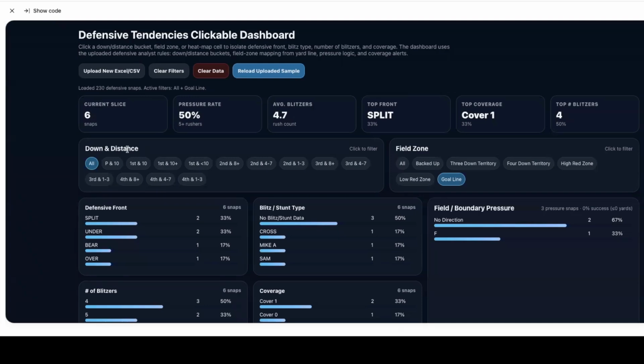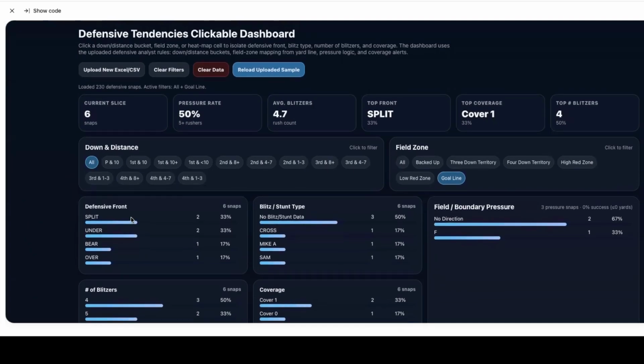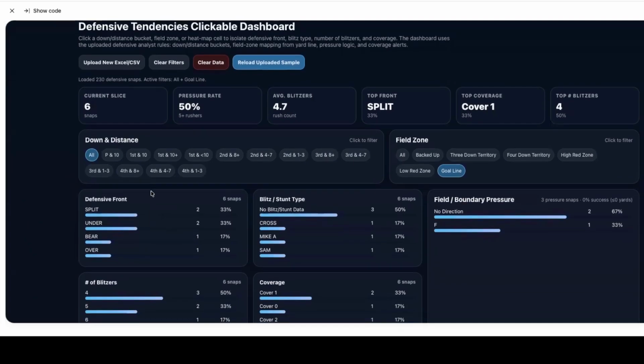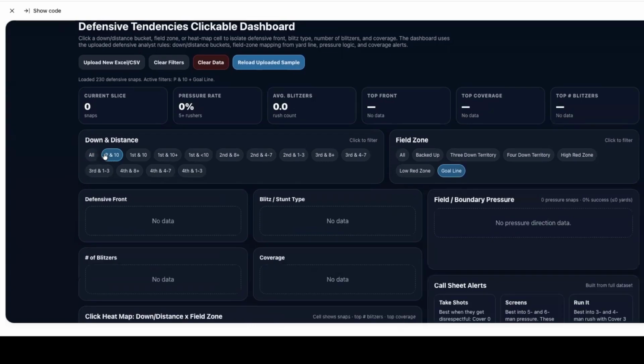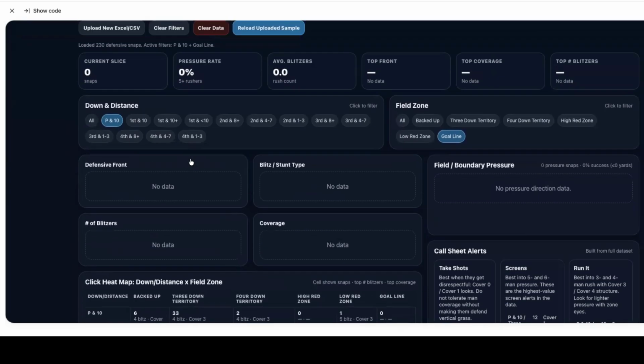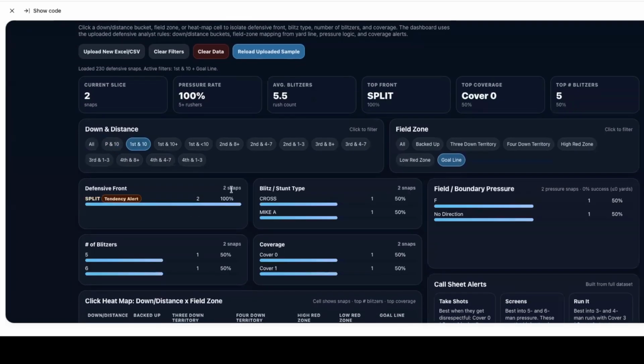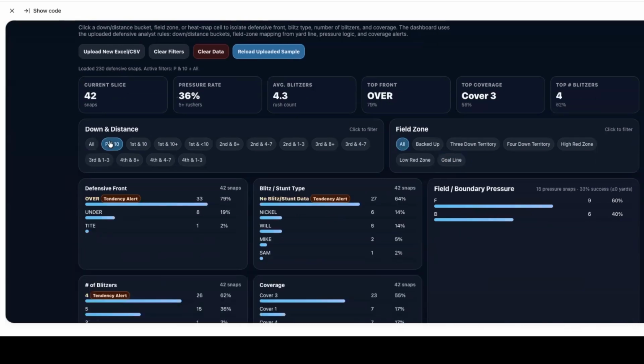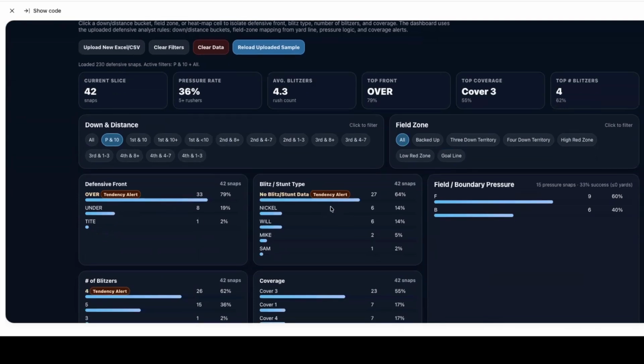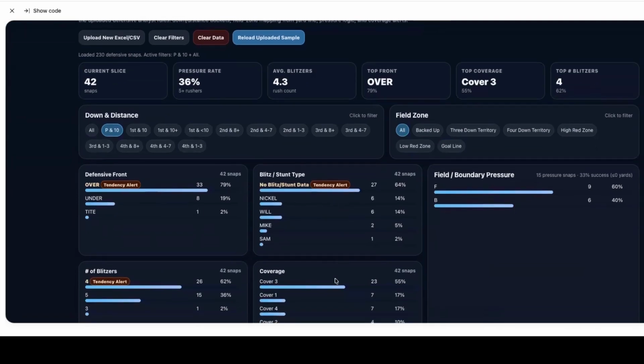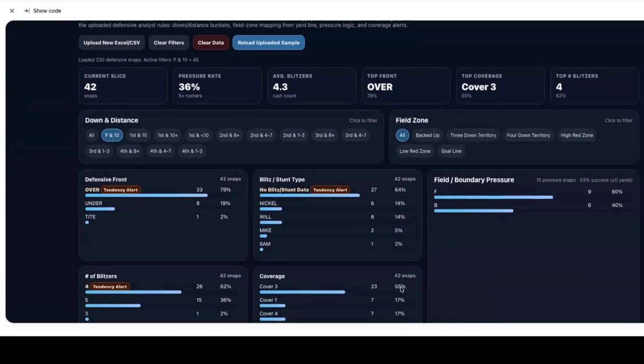And right now, what are we looking at? This is for an OC, looking at a defense. What do they do on possession and 10? I probably don't have that labeled in here. What do they do on 1st and 10? Here we go. Oh, I'm on goal line, that's why. All right, possession and 10. All plays, all field zone. We know they're a 4-man front team, 4-man pressure, predominantly cover 3, a little bit of cover 4. Okay, we're calling a zone beater.